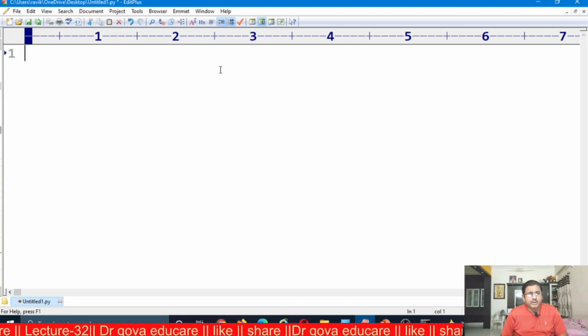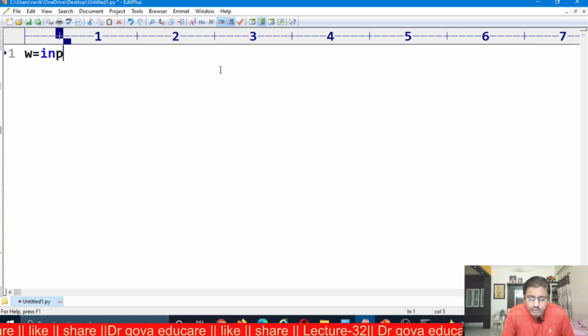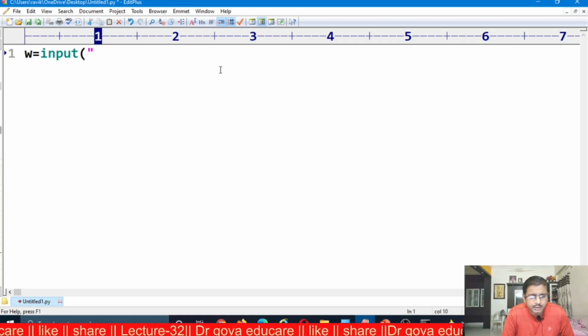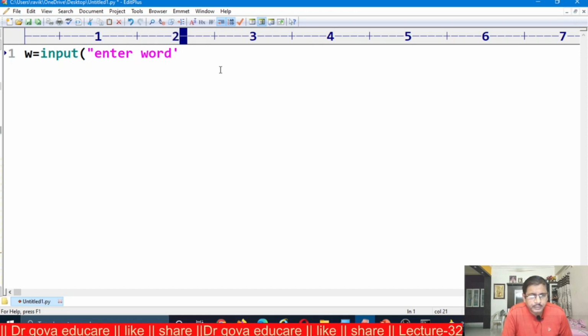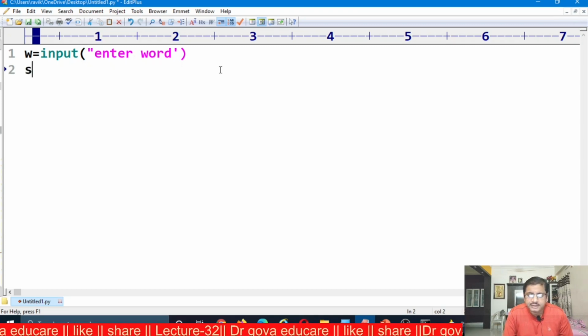Now this is the program. So first I want to enter the word. W is equal to input of enter word. Next I want to convert the word into a set using the set function.